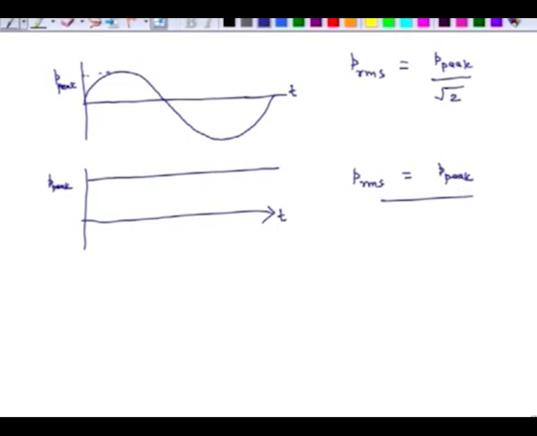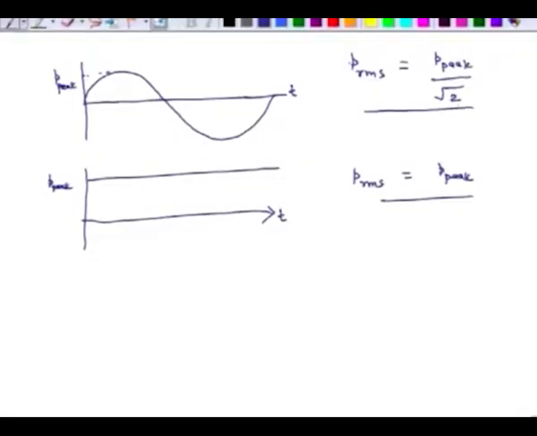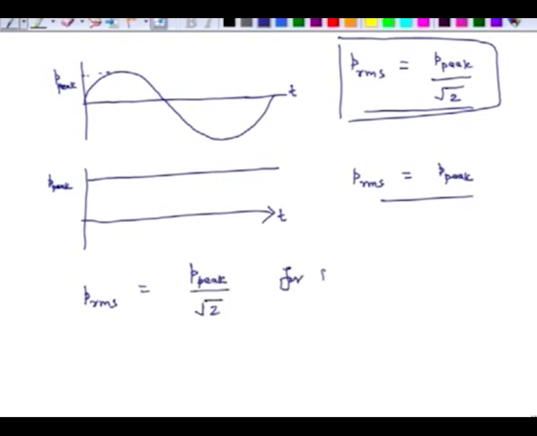So, to figure out the RMS value of a signal, we have to know A, the value of its peak, and B, also the shape of this signal. Now, in this particular case, we have been given that it is a 100 hertz sinusoidal energy form being emitted by the source. So, in such a case, P RMS will be P peak divided by square root of 2. So, with this understanding, P RMS is equal to P peak divided by square root of 2 for 100 hertz